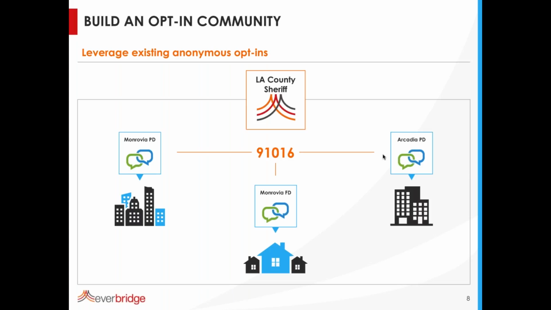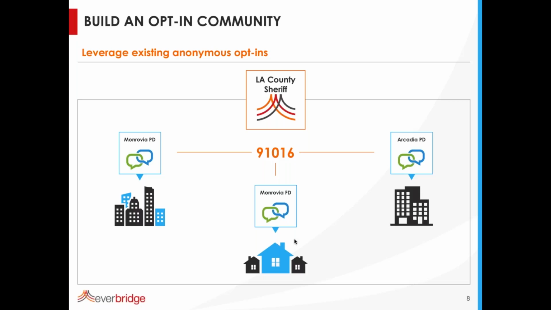What have I just done? I've signed up to all of the agencies that have publishing permissions for that zip code. So it's a very powerful concept. I'm not just signing up for one agency. I'm signing up for all agencies that have access to this zip code. So this is actually my zip code in Southern California: my local PD, the fire department, the neighboring police department, and then, if you have a county level organization